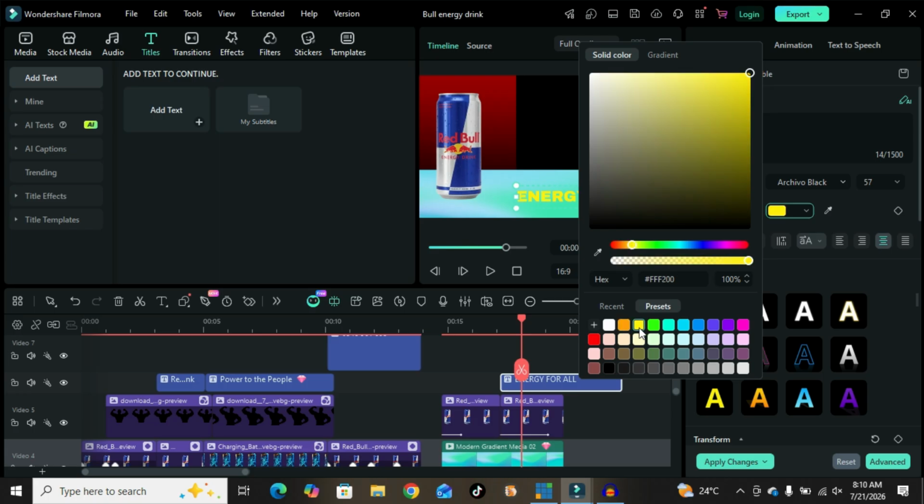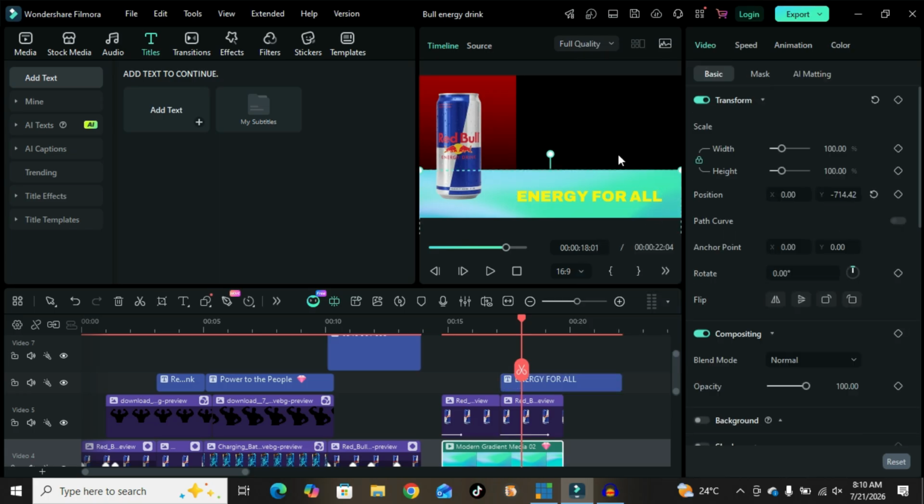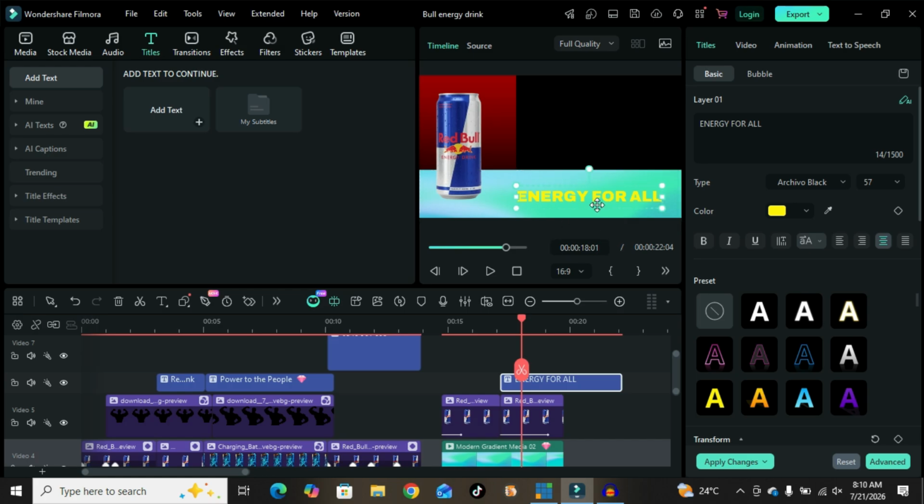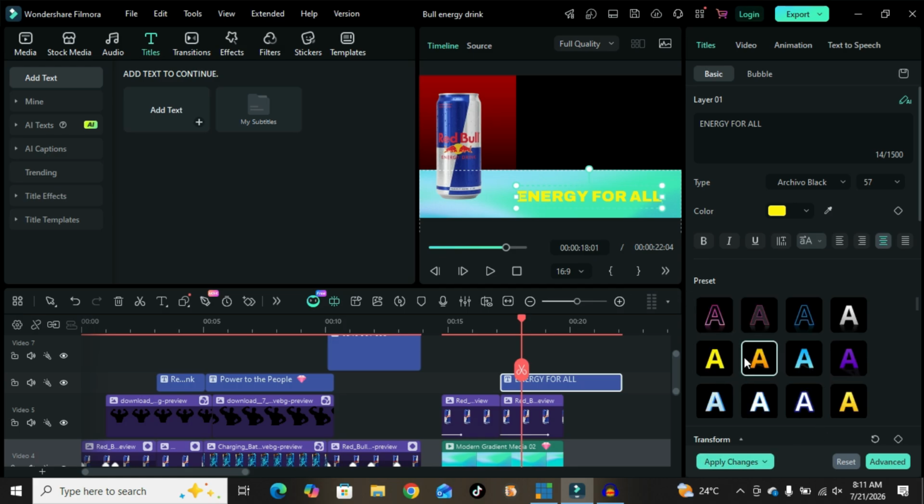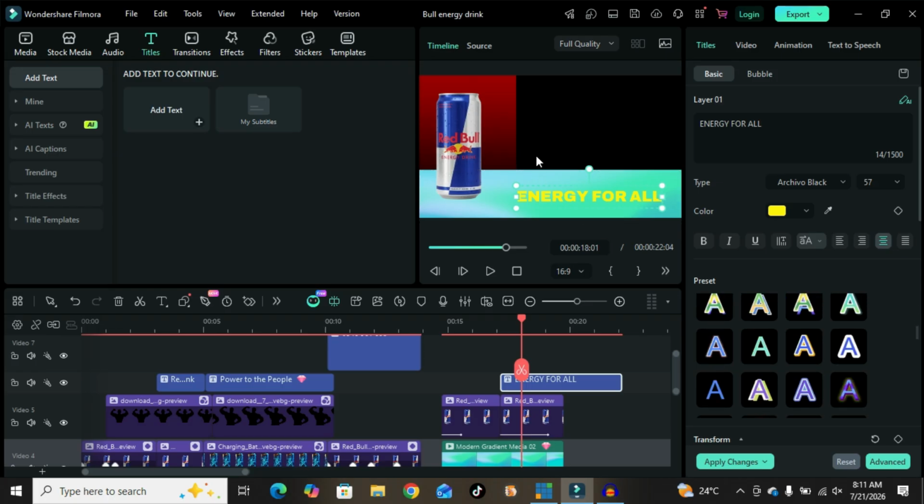Oh no, this is bad, this is not good. For now, since it's a tutorial, let's see if the colors match. Where you see preset colors, double click on it.